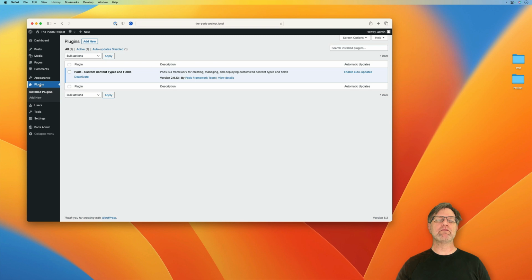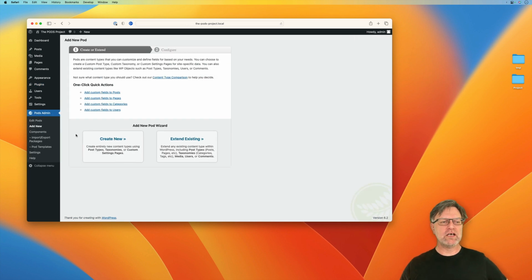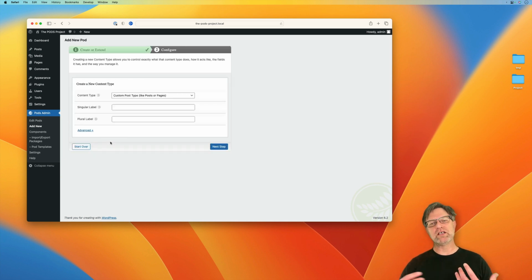Now when we have the PODS plugin installed, well, then we can create our first pod. And you do that by going under PODS admin and add new. And here you get some kind of a little bit of a wizard. Well, the only thing we need to do now is to create new, because we would like to create our pods for the projects. And you write the singular label, project and projects, like this, and then you click the